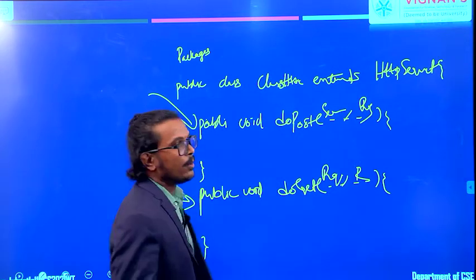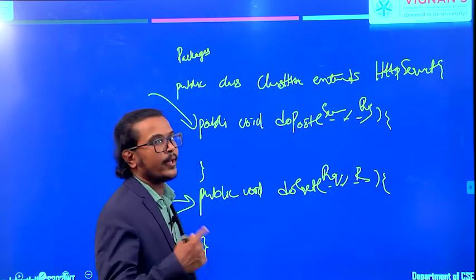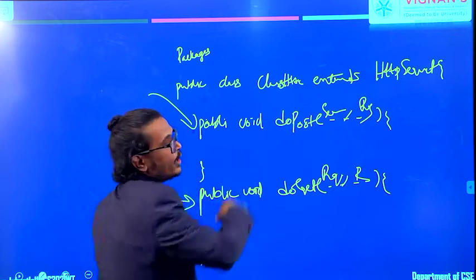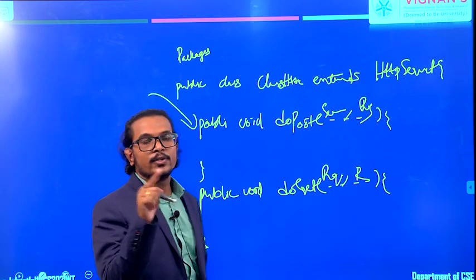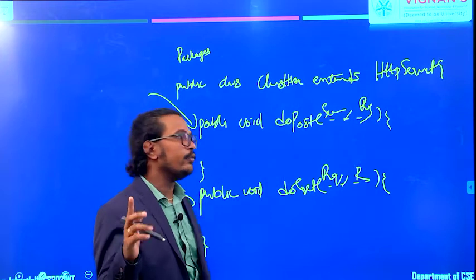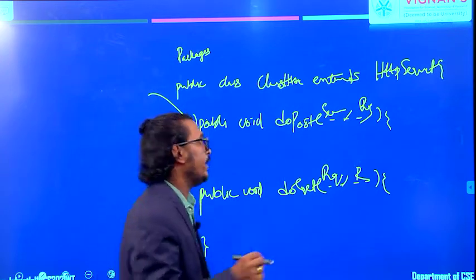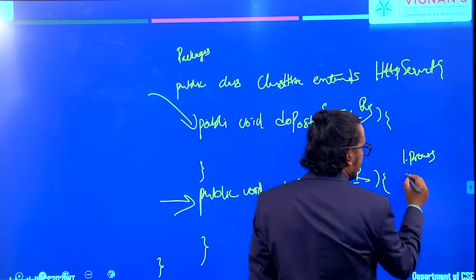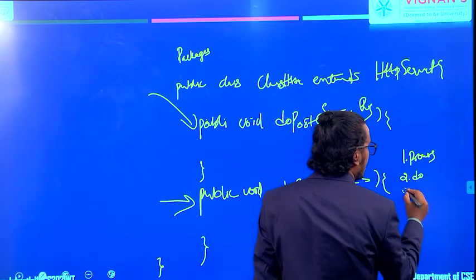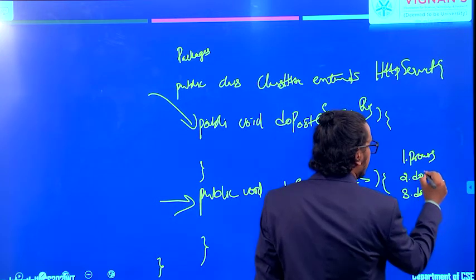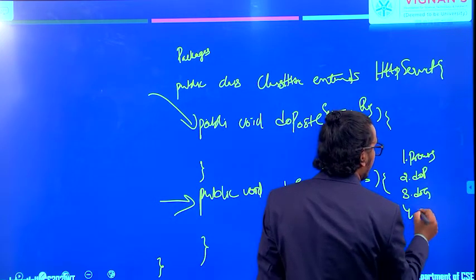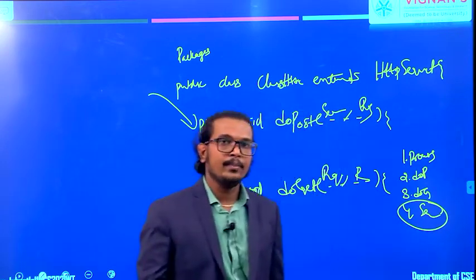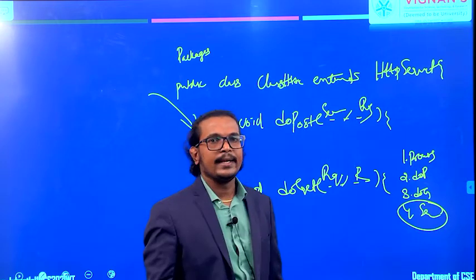And one more thing you have to remember here. If you are using NetBeans for development of servlets, once you click on create a new servlet, you will get 3-4 methods. The first is the processRequest method, the second is the doPost method, the third is the doGet method, and the fourth is the servlet information method. This servlet information is nothing but a return type method, where we just return some content.